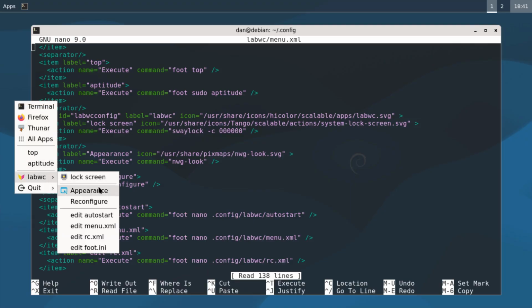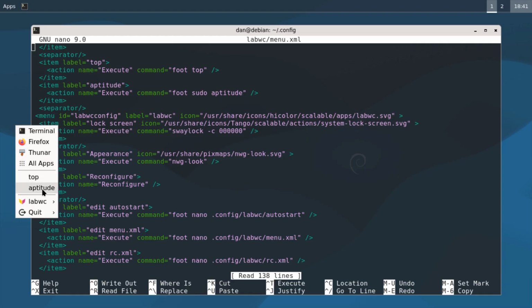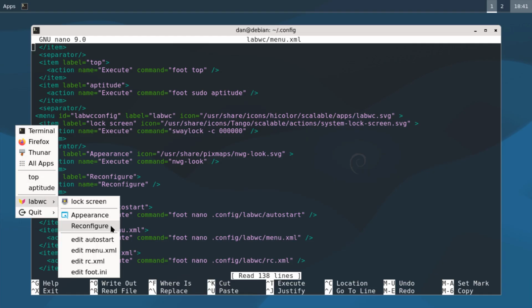And then appearance is nwg-look, and then reconfigure is reconfiguring and restarting labwc with the changed configuration, and then I inserted some entries for directly editing the files from